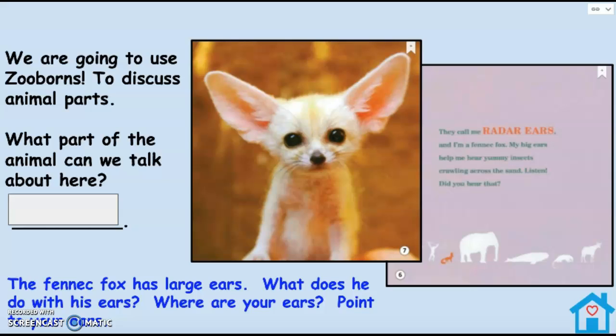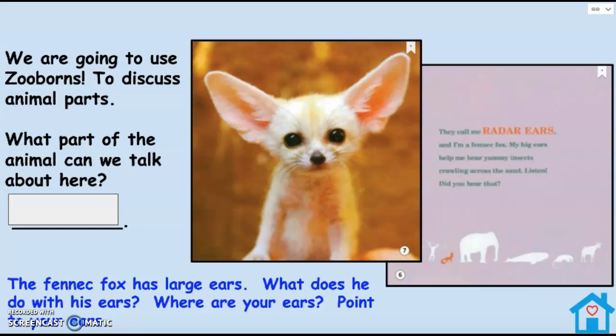If we reread this page from the story, it said, "They call me radar ears. I'm a fennec fox. My big ears help me hear yummy insects crawling across the sand. Listen, did you hear that?" What part of the animal can we talk about here? If we look back at the story,